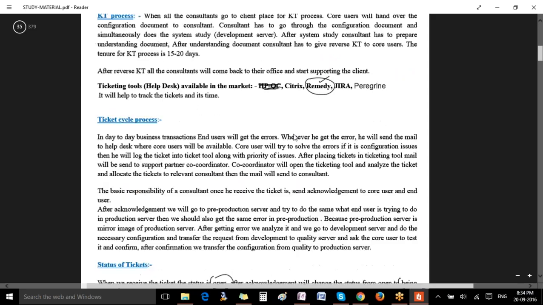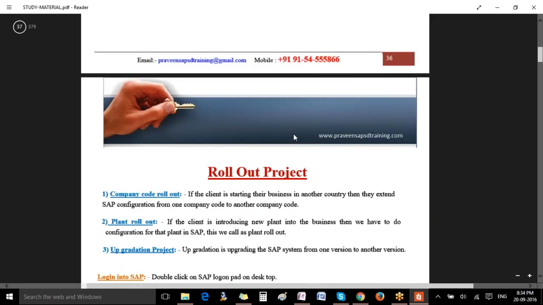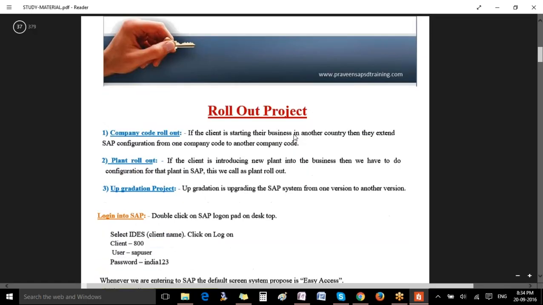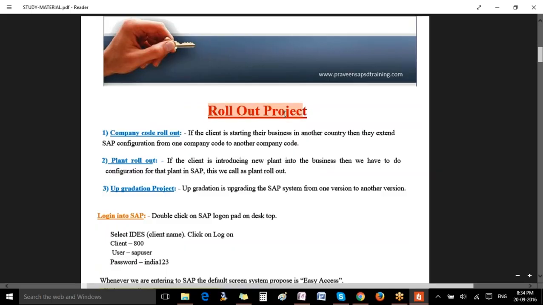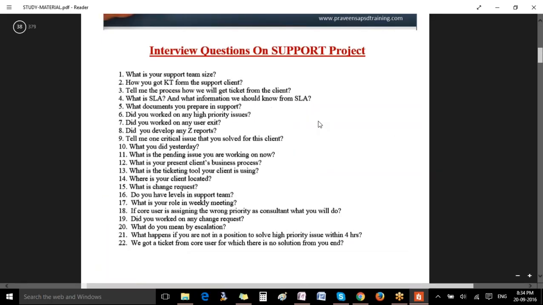Okay, rollout, we already discussed what it is in the earlier session, and that's enough. There is nothing more you need to know about rollout. I'll be providing you one global template example so that you can go through how a rollout looks. I also have some important interview questions for support which you can answer from this,